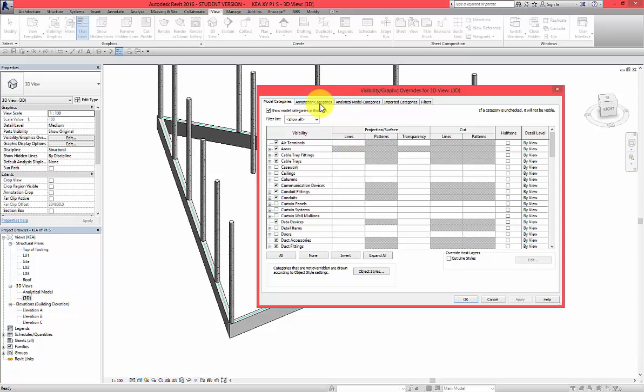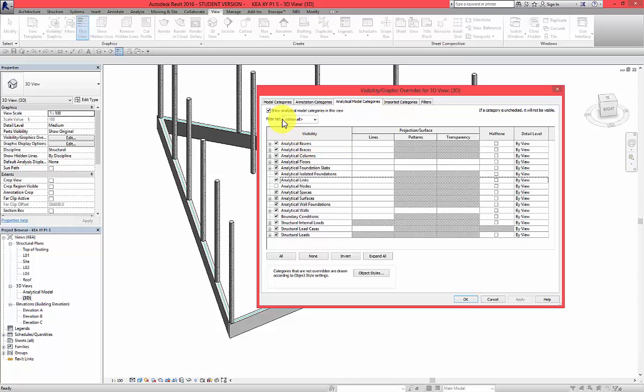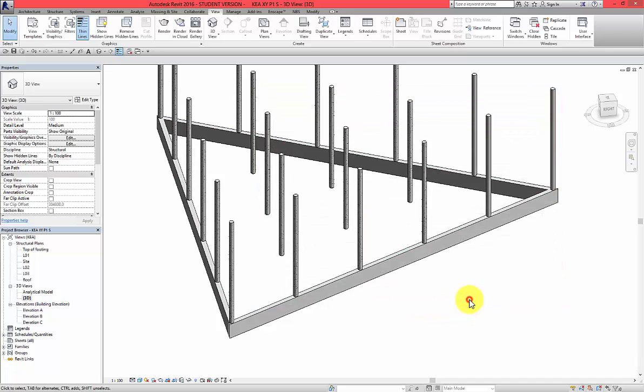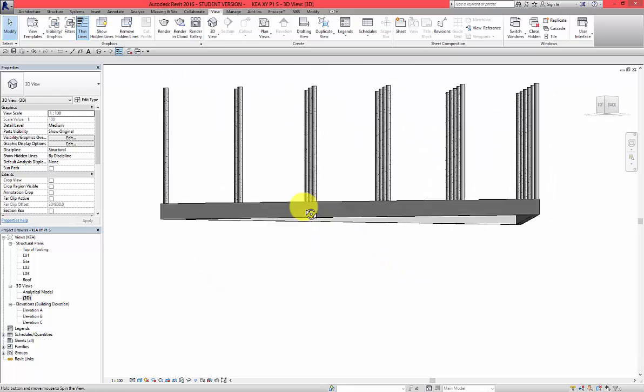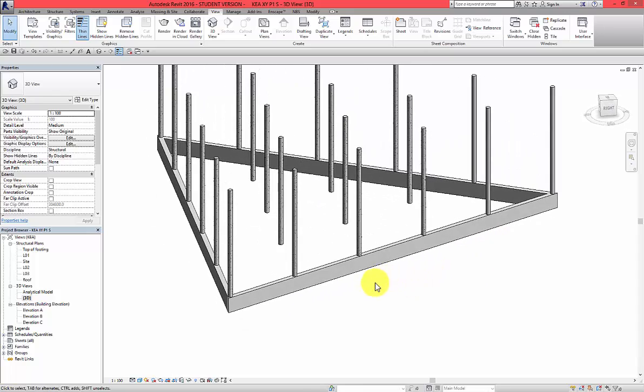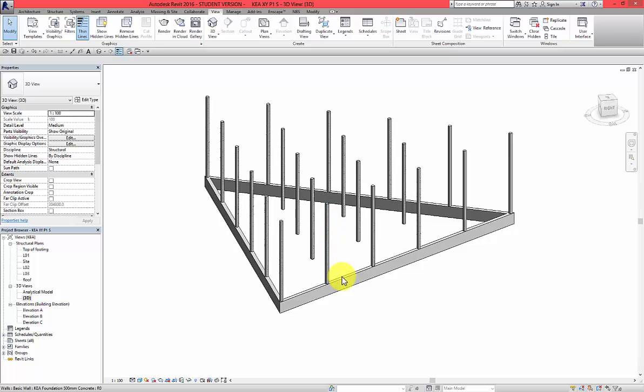What I would like to do here, I would like to go to analytical model categories and switch this off. So show analytical model categories in this view is not visible anymore. I'll press OK, and now I have only our walls and columns. Okay,